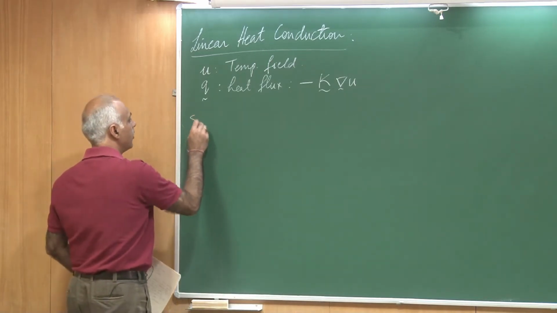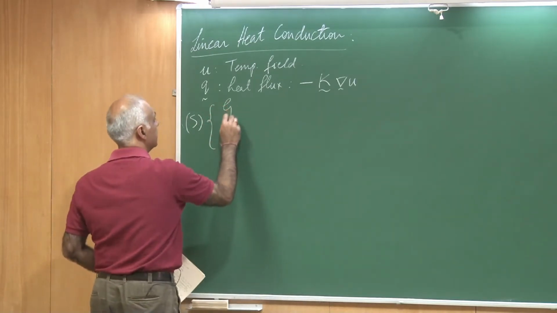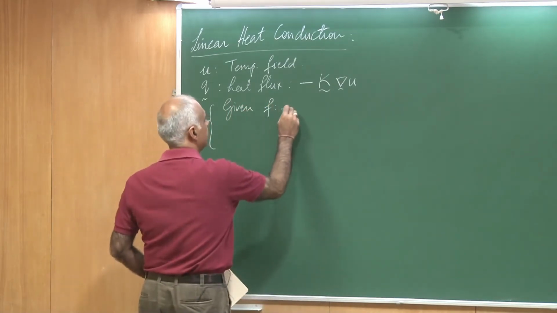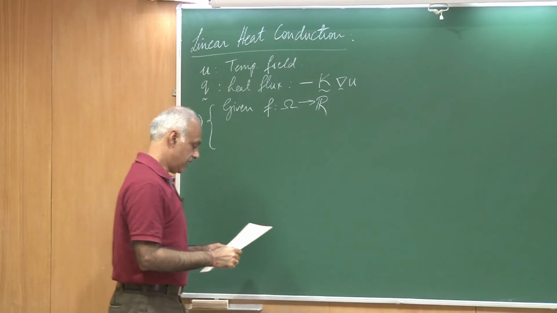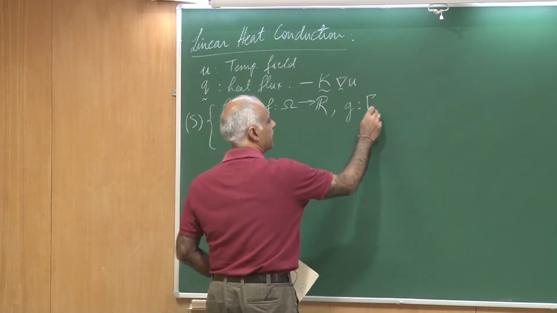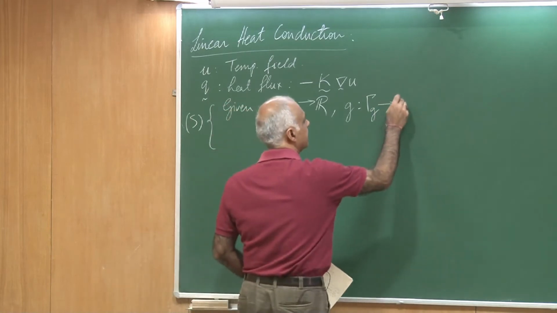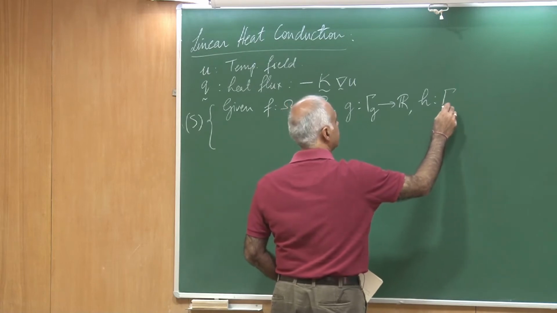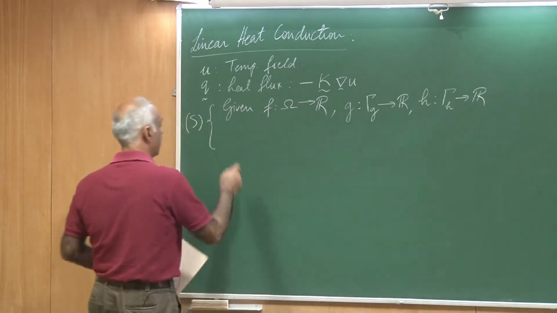We wrote down the strong form and I will write it for you very briefly. We said that given a heat source F, which is a real valued function defined on the domain omega, and some kind of boundary conditions. So, G is the Dirichlet type boundary condition defined on gamma g, which is again a real valued function, and H is the heat flux condition. So, it is defined on gamma h, again a real valued function. I must find